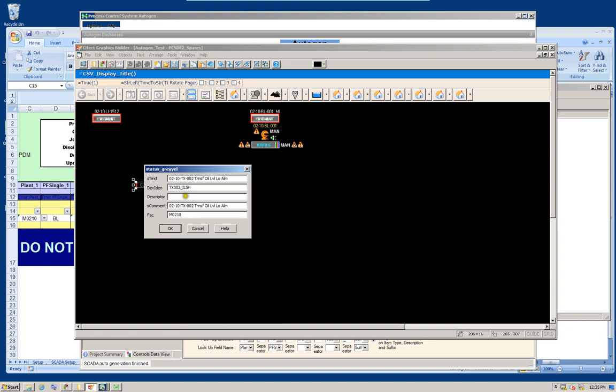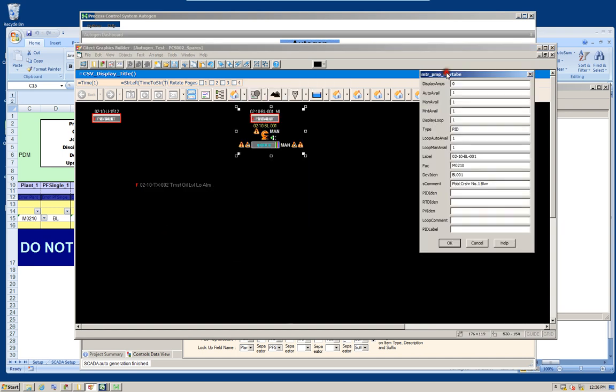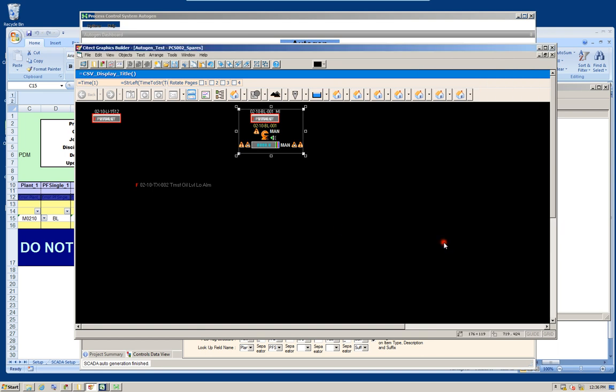And what the auto generation process has done is placed the genie into the graphic page and parameterized it with tags from the design input data for the project. That same has happened for the motor that we have used. It's again represented by a genie predefined by the customer, and the auto generation process has parameterized it and put it in the graphics page.